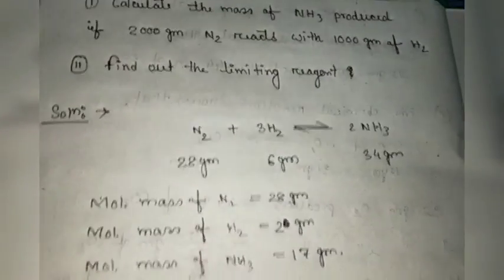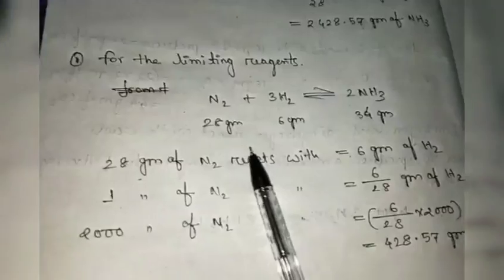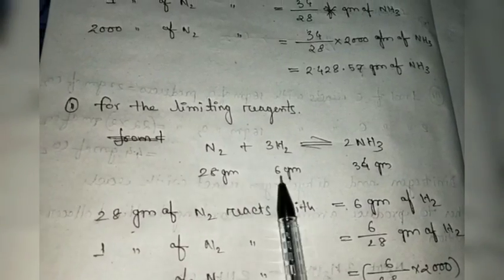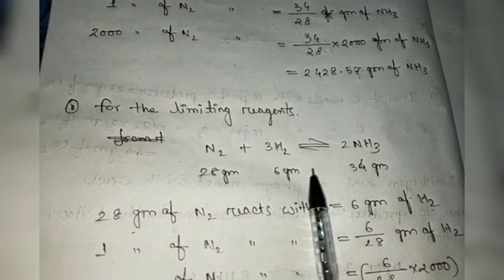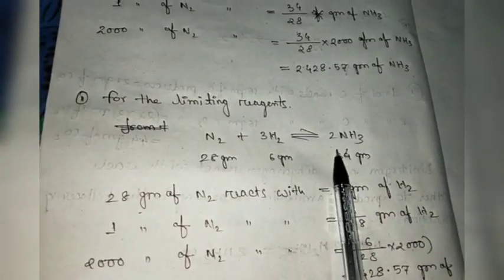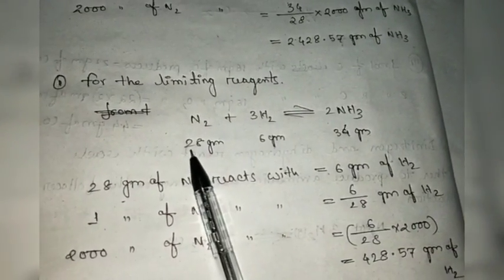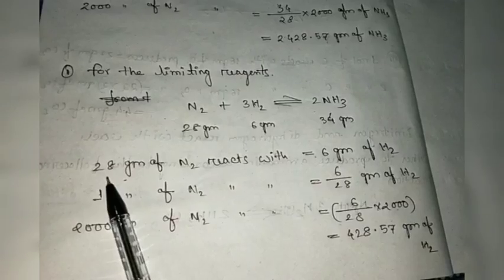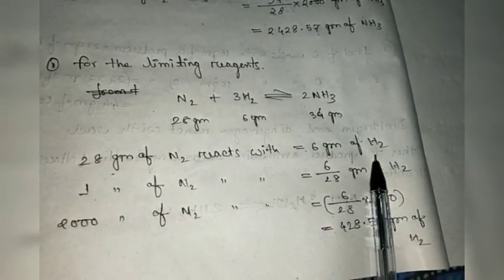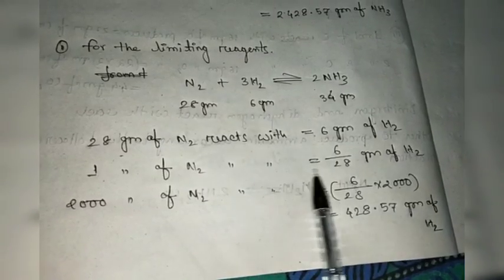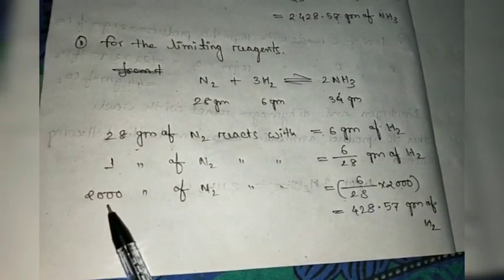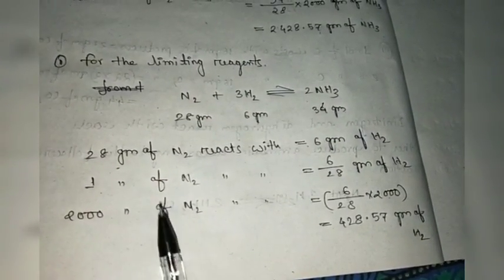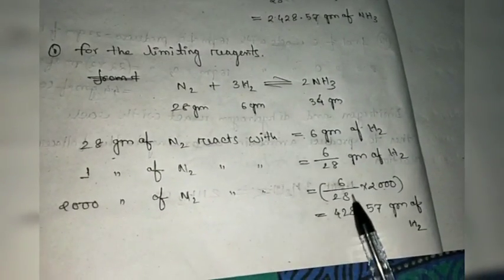So now find out the limiting reagent. For the limiting reagent, we have to write the chemical reaction again. 28 gram of nitrogen and 6 gram of hydrogen produce 34 gram of ammonia. See one thing, 28 gram of nitrogen reacts with 6 gram of hydrogen. So 1 gram of nitrogen reacts with 6 by 28 gram of hydrogen, and 2000 gram of nitrogen, as was given, reacts with 6 by 28 into 2000,